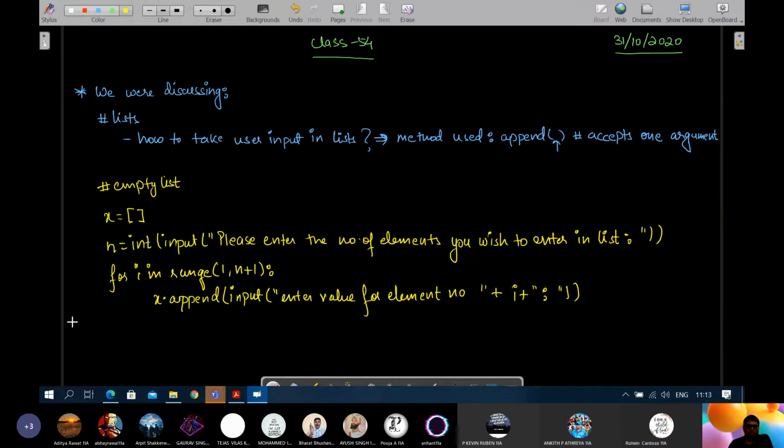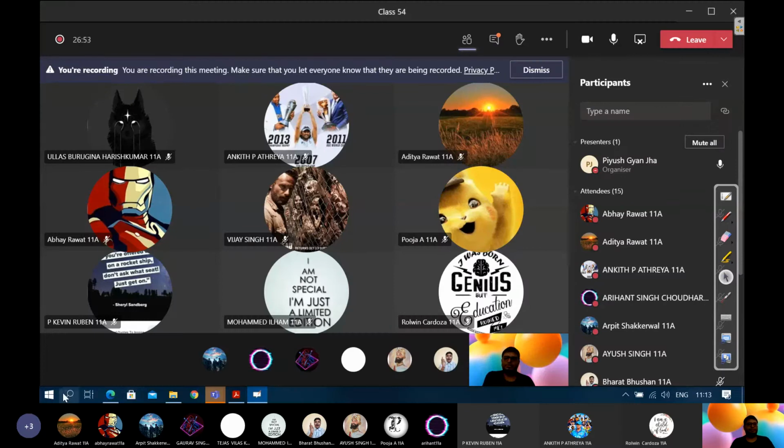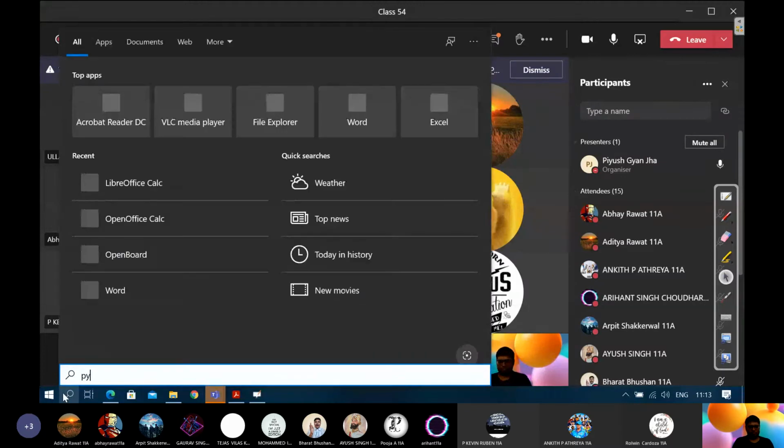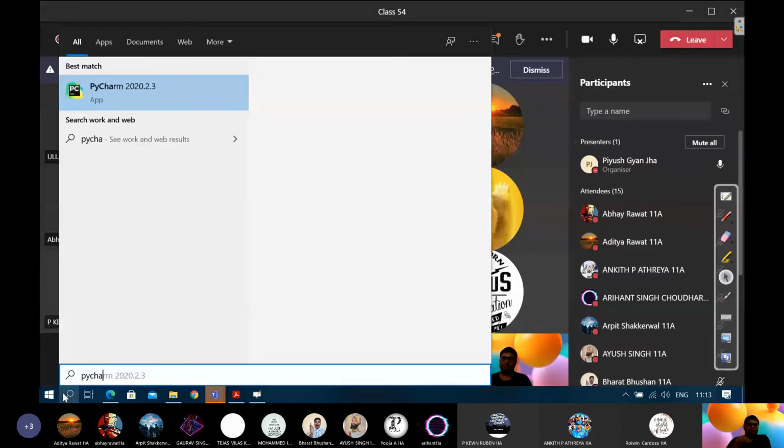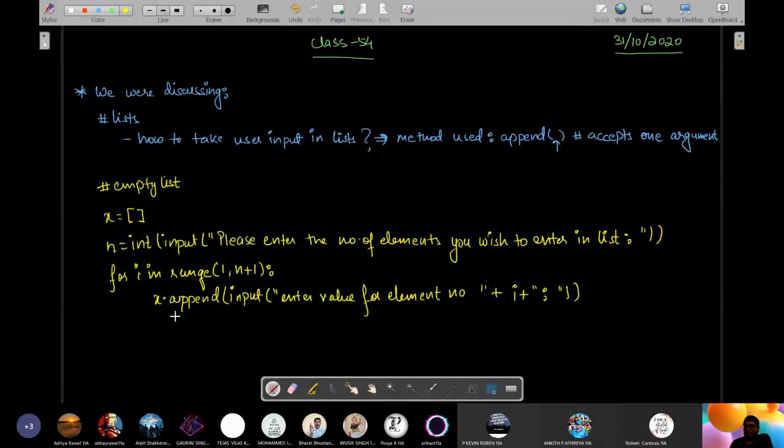Do you understand what I am doing? See, try to understand what I am doing here. When the user runs the program, it will ask, enter the value for element number 1. Then next time enter the value for element number 2, then element number 3.